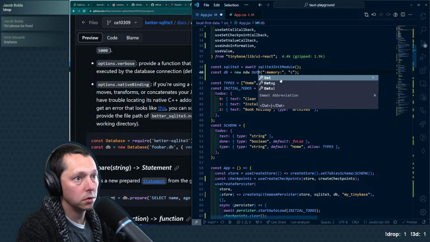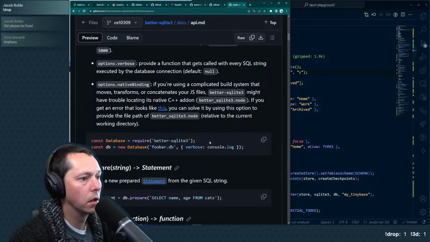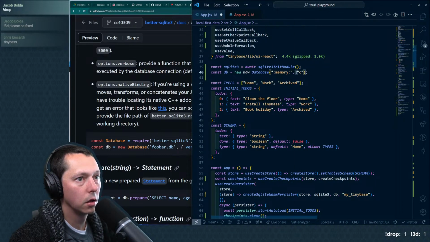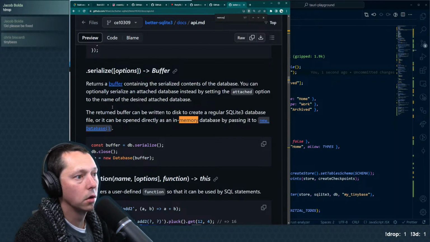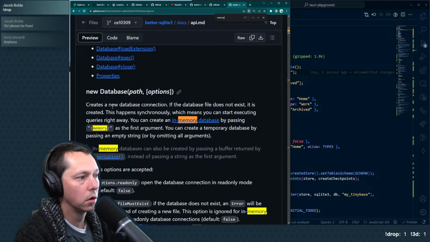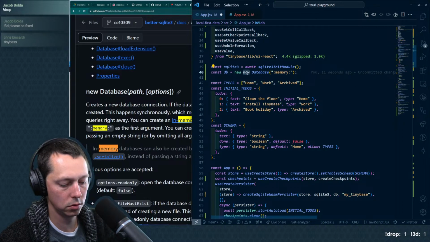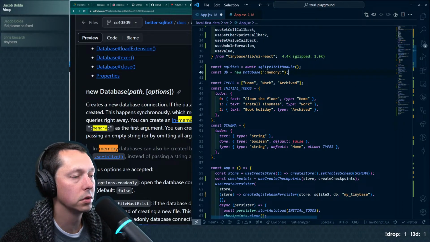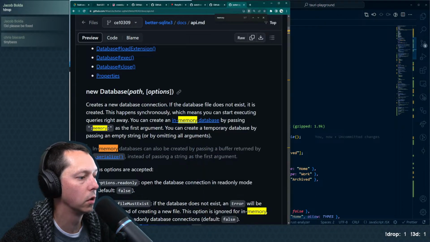So new database. And I think we can do it to memory. Okay. So we can do memory to start up in memory first. We do need to do the SQLite object though. So